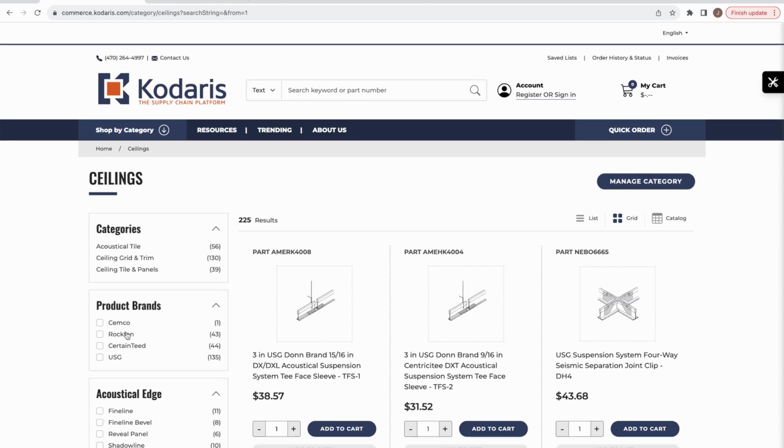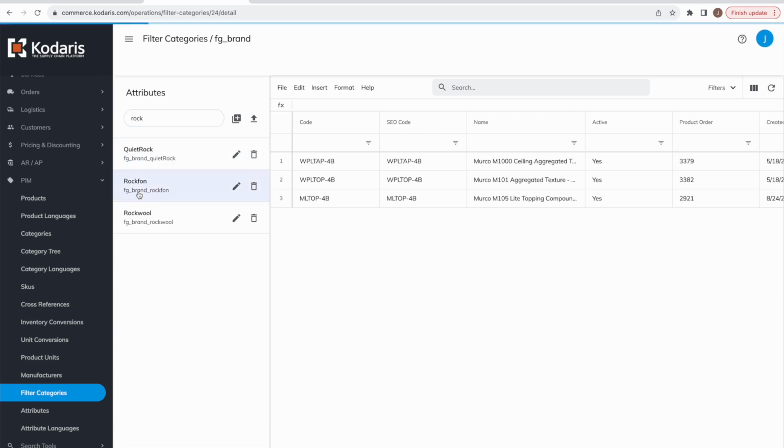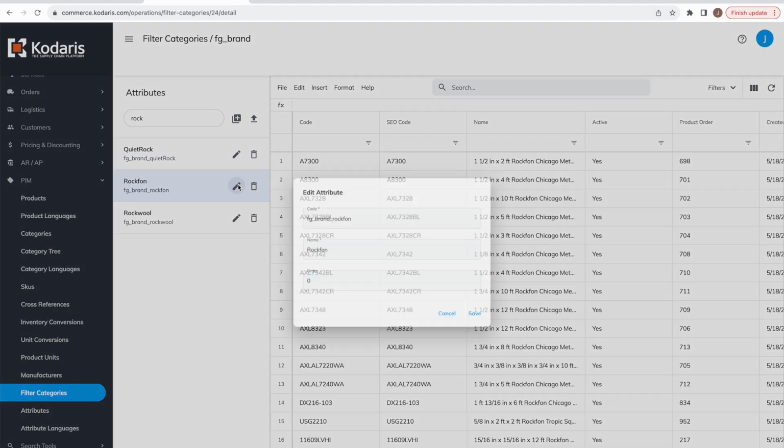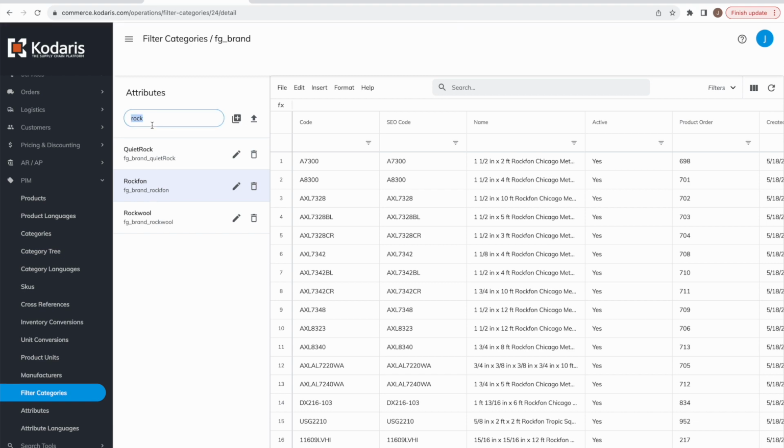So for example, if we want to put Rockfon first and Semco next, we could hop back over here. Let's search for Rockfon. And if we click edit, we can change the order to 1. And let's change the order of Semco to 2. You can click edit,